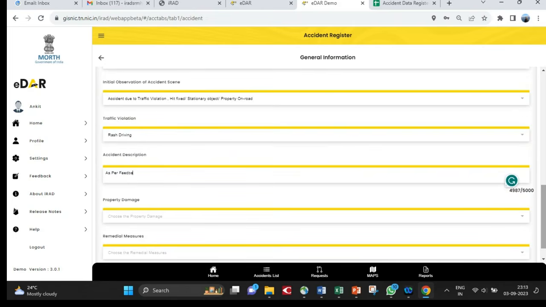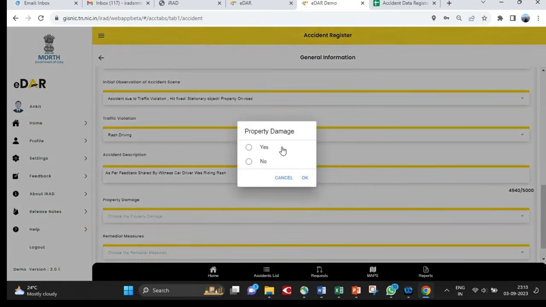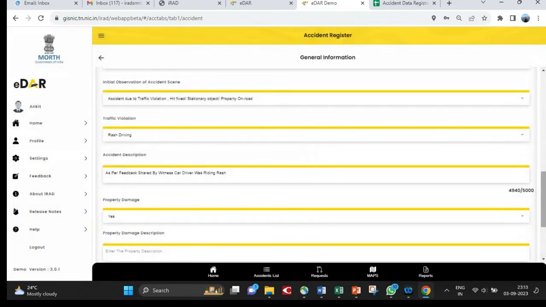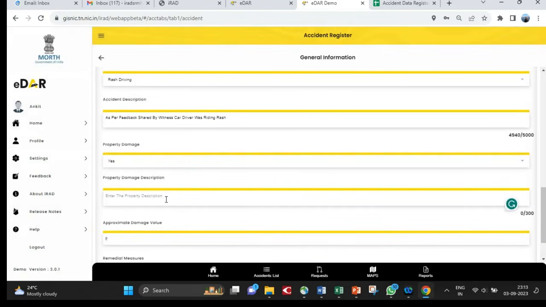Please note the word limit is 5,000 only. Select the property damage as yes or no. If yes, we need to enter the value and description.